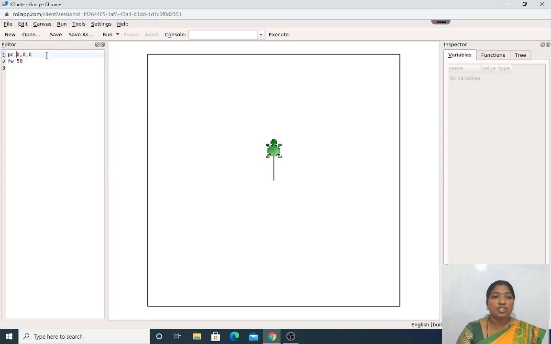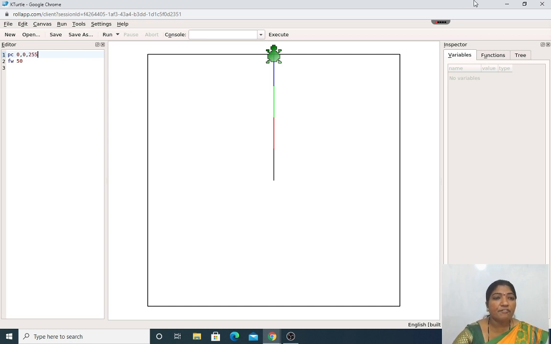If I want to change to red, the pen color should be red. What will I do? I'll change PC to 255, 0, 0. What will it be? It will be red. Again, if I change 255 to the next position in the middle, what actually happens? It will be green color. If I again change to the last one, blue 255, just to see, it will change again. This is all about the color pen.